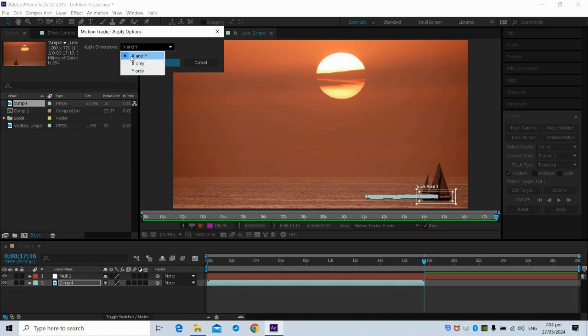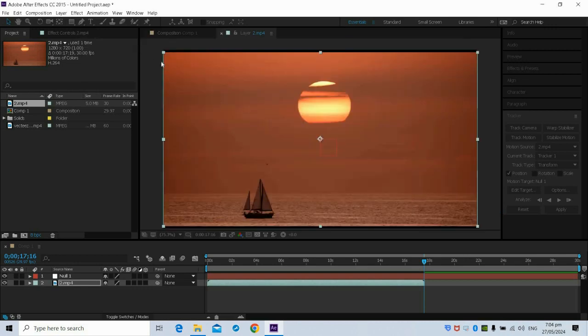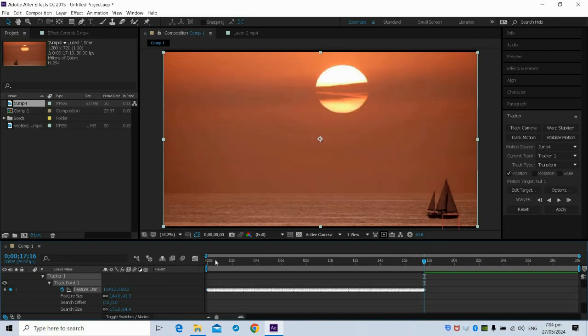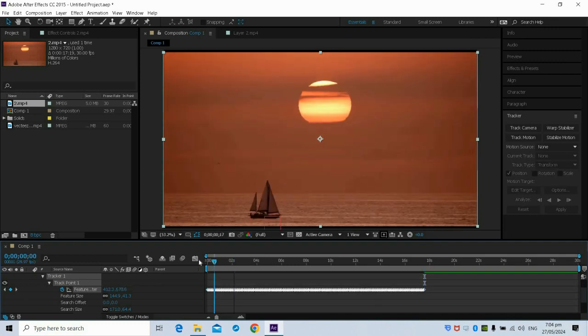But since we are going to track the entire motion, we can select X and Y and click OK. So what happens after we click OK, selecting the X and Y dimension?